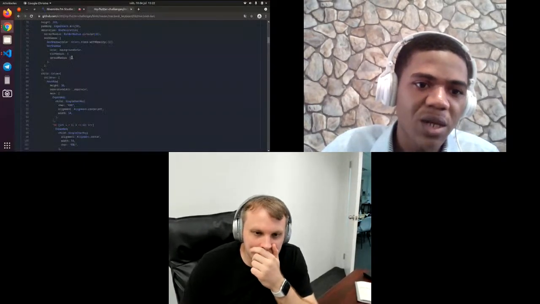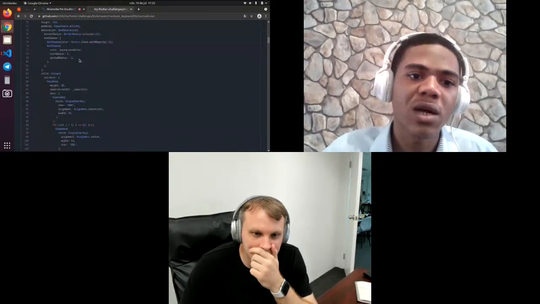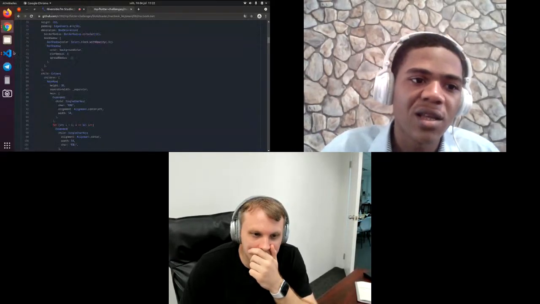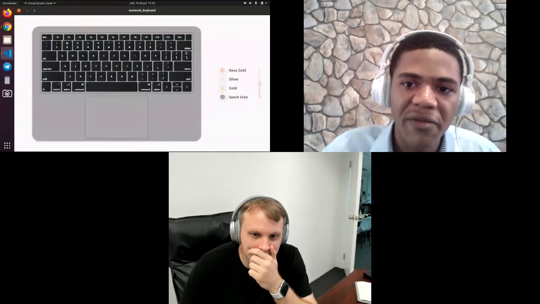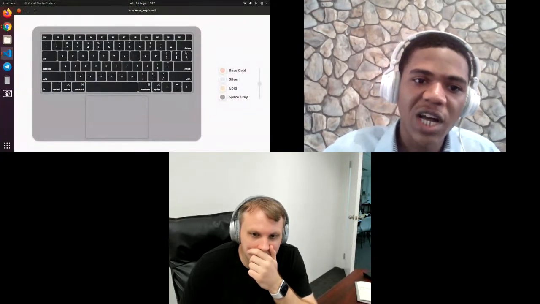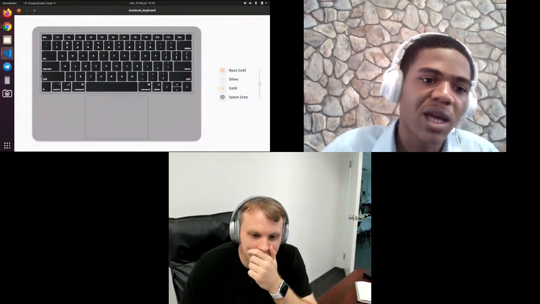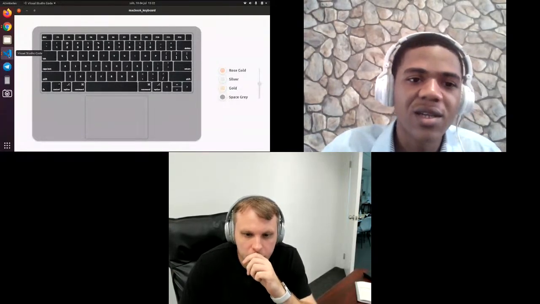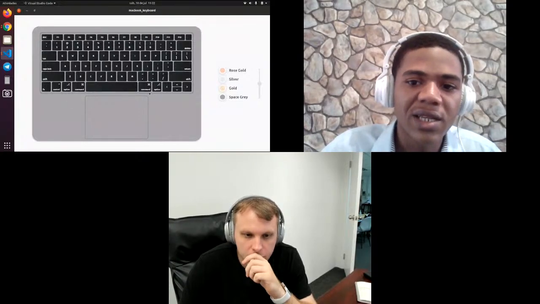This negative spread radius is what actually makes our box shadow go inside instead of outside. It is what gives us this feeling of an inner shadow. That's why I am using a negative value for the spread radius, to look like it is deeper than the rest of the